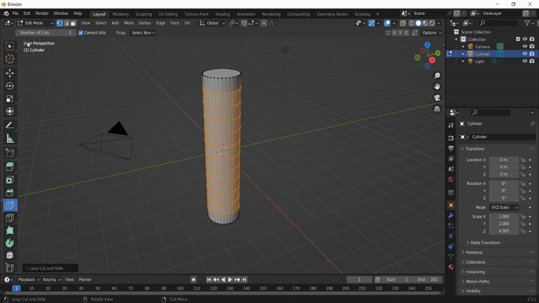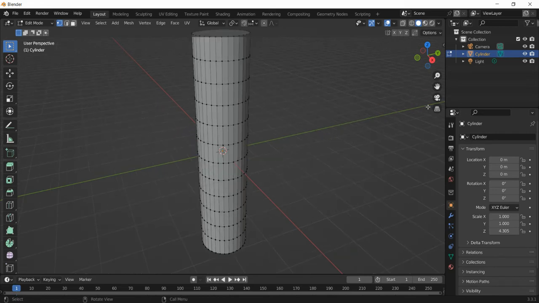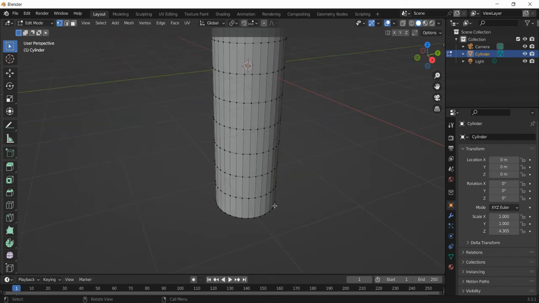Next step here, I'm just going to go back to my selection mode and deselect. And we're going to select the bottom of the tree trunk. So I'm just going to use my pan tool and zoom tool to zoom in a little bit, just to make it a little bit easier. Okay, so we're just going to make sure on the left here we've got this vertex select tool selected, next to the edit mode window, this first one. Okay, and we're going to click on the bottom of the tree trunk there, and can you see it's just gone orange? It's selected one element of it.